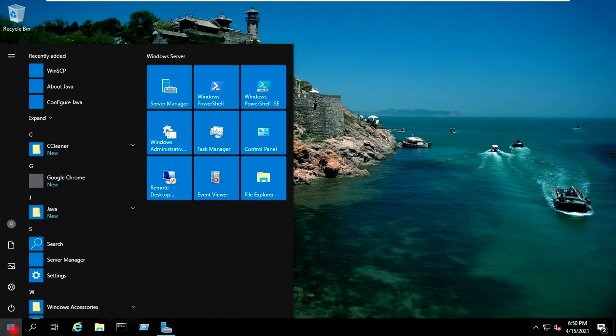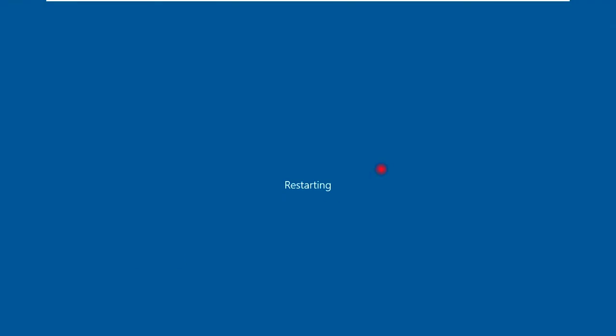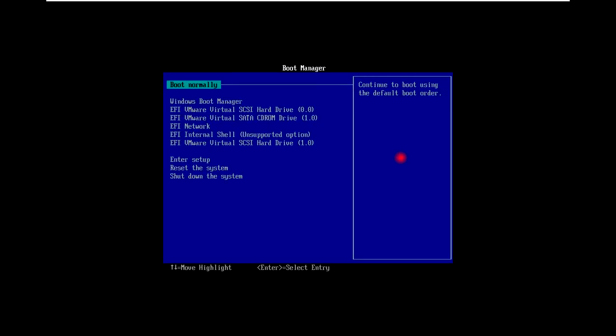I will reboot my system and I will boot my system through the connected media now. I will interrupt the boot process to go to the boot manager or boot list.